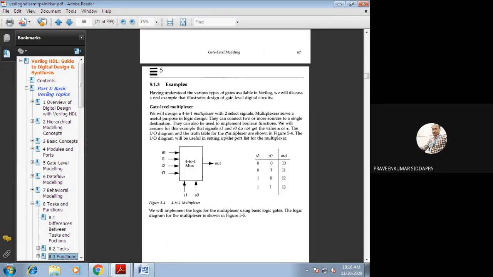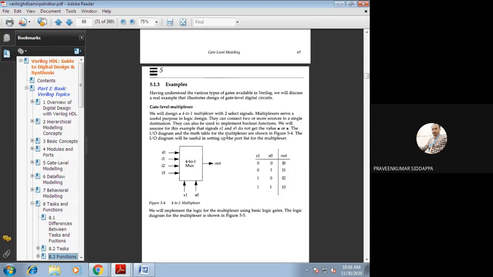Whenever we have two inputs, we get four combinations. Write all four combinations first: 0 0, 0 1, 1 0, 1 1. So first, if it is 0 0, in decimal we will take it as 0.